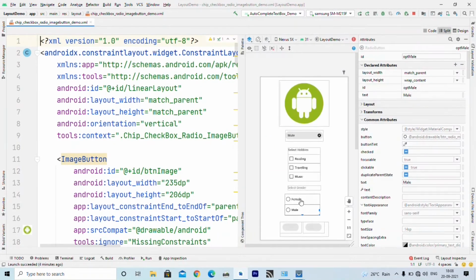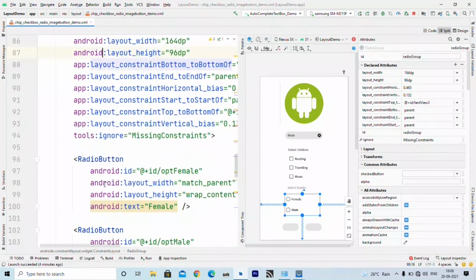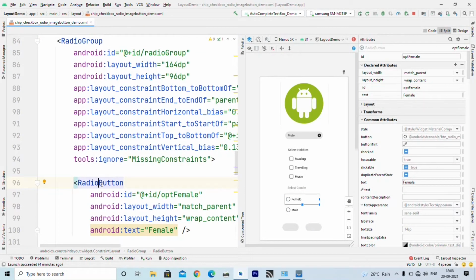So, here you can see that these radio button and these radio button are placed inside this radio group. So, first we need to set radio group and inside that we have to add radio buttons so that only one at a time can be selected.